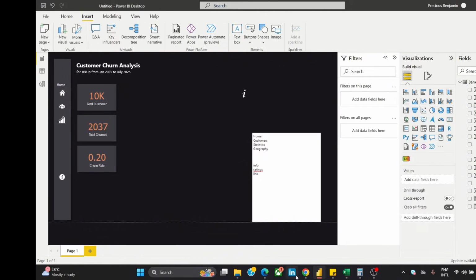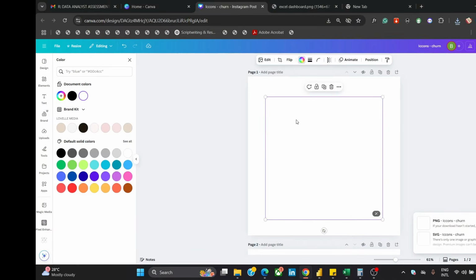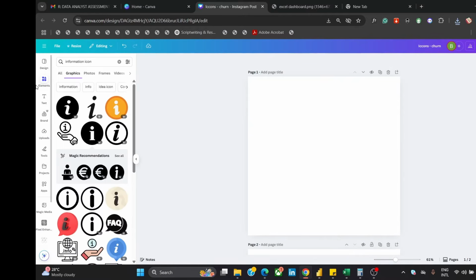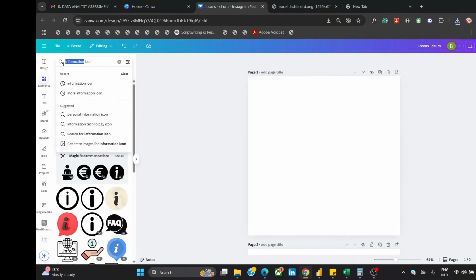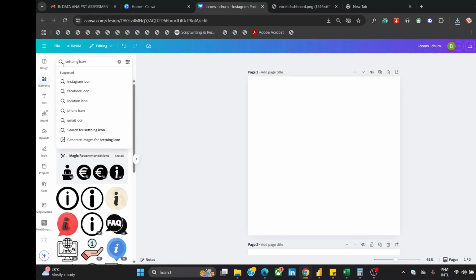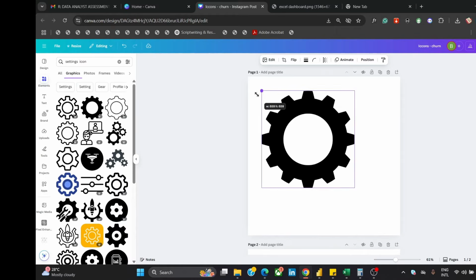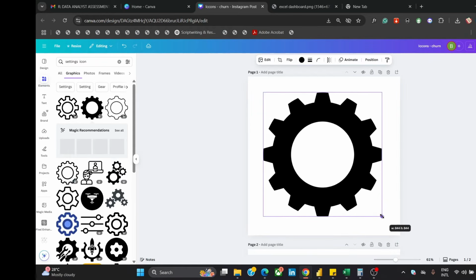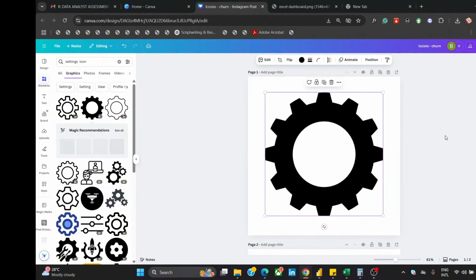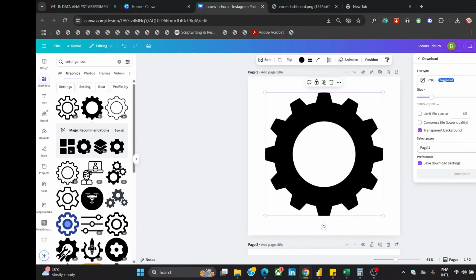Then we can go over to settings, of course. So we just have to delete this. Then go over to settings icon. So let's use this. Remember, we already started working with bold icons. So let's go ahead and download, and